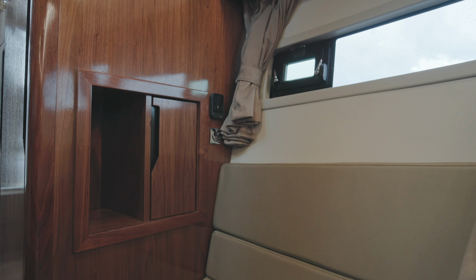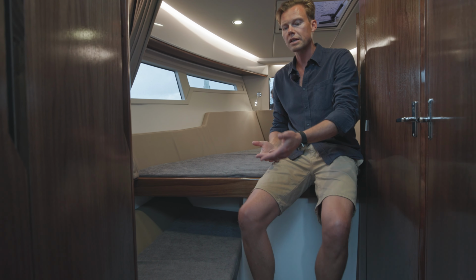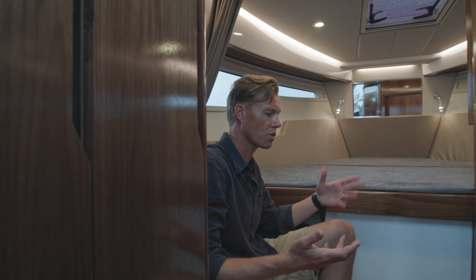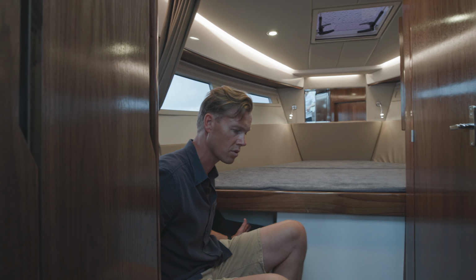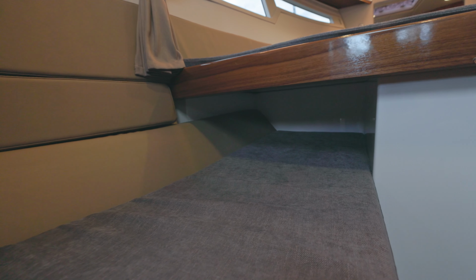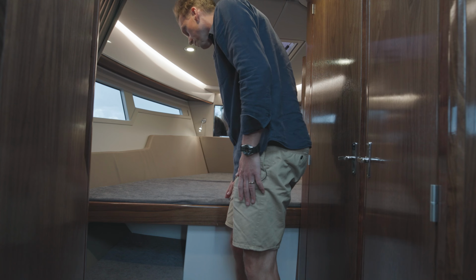The next thing that you see is a place to sit. You're getting changed or you want to put on your shoes or whatever. It's a nice place to sit. But also we've stretched it underneath the main bed so that a child can sleep here for a night. The next thing that we have is this